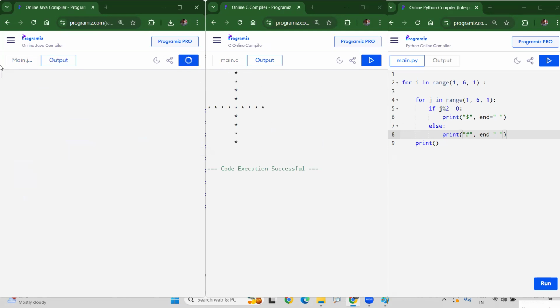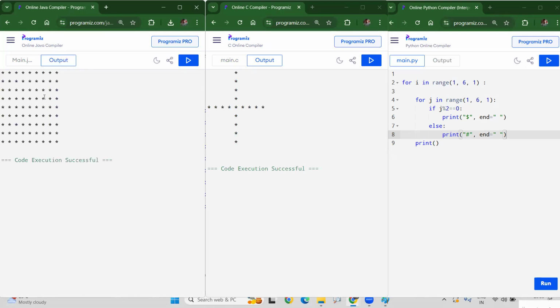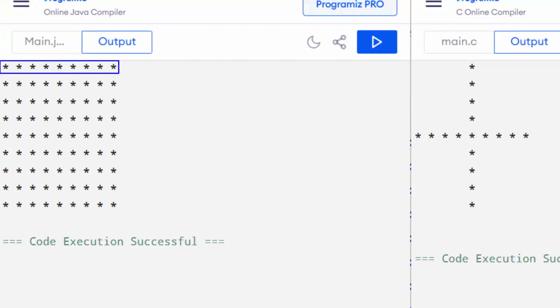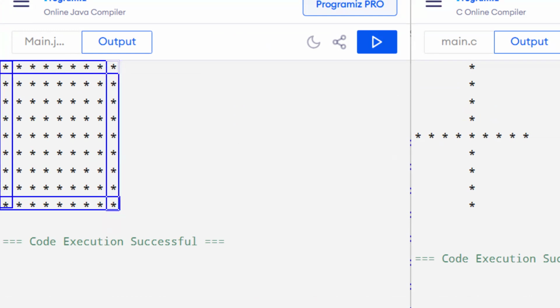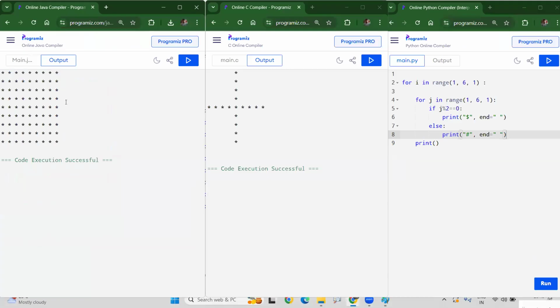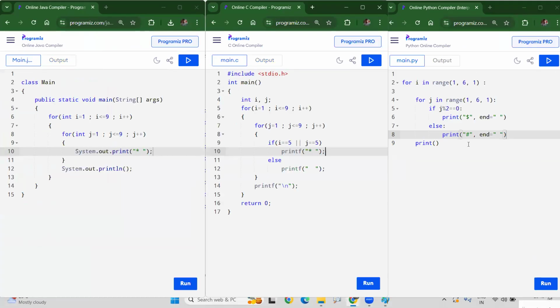Sir, I just want to print only borders. First row, last row, first column and last column. Got it? Right. So here is what we are printing. Same here, if else. 9 means what? 9 rows means 10. You have to give one extra here. Here you need to write